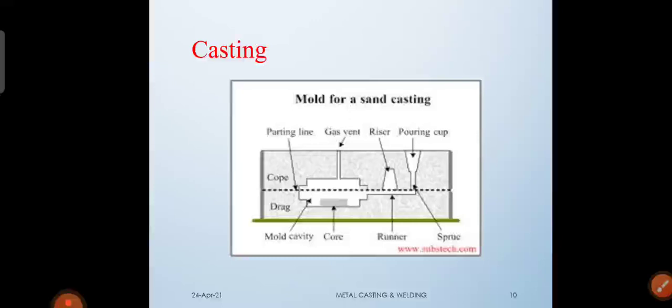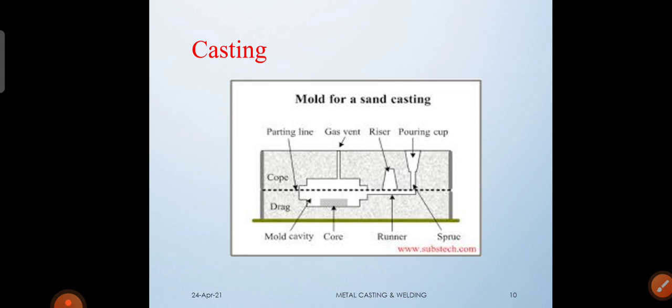The bad thing about casting is that the finishing is not that acceptable or satisfactory. In the sense that a secondary operation is required most of the time. So to get a smooth finish, we follow a secondary process. And it is very difficult to get a close tolerance.